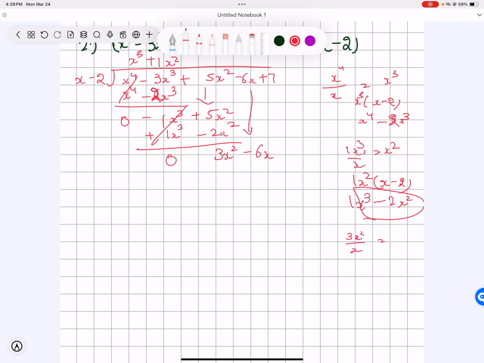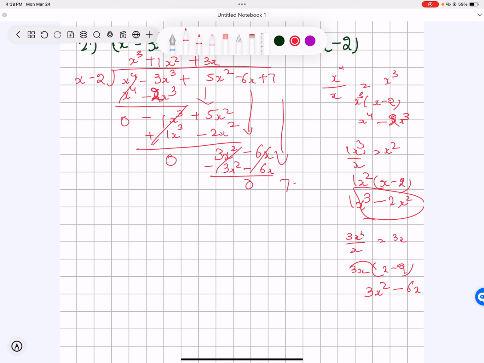I get 3x, and then I got 3x into x minus 2 here, and then I would get 3x squared minus 6x. So here I get my 3x, I get 6x, and then I would write that here is x squared minus 6x, and then I cancel these two, and then I left with